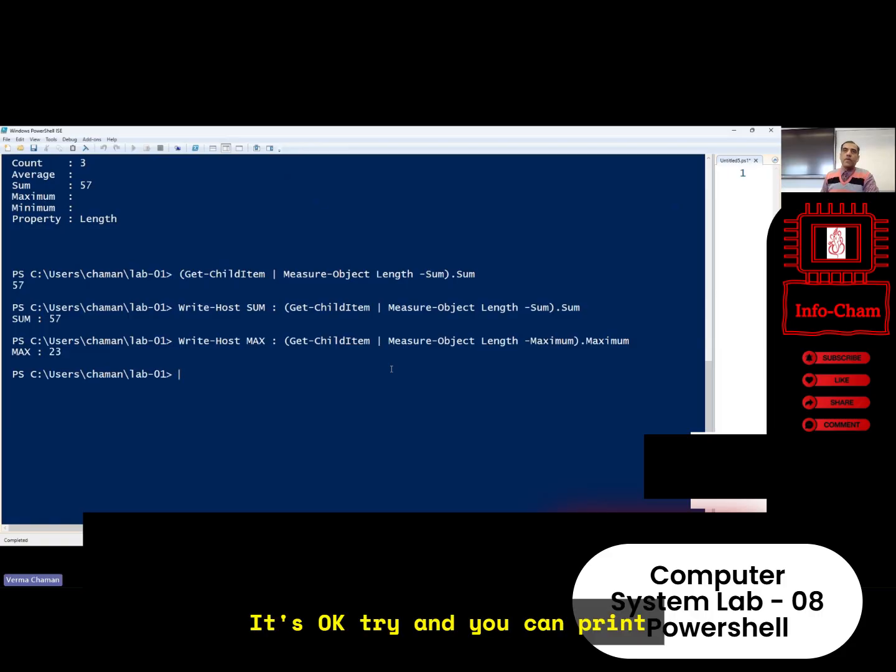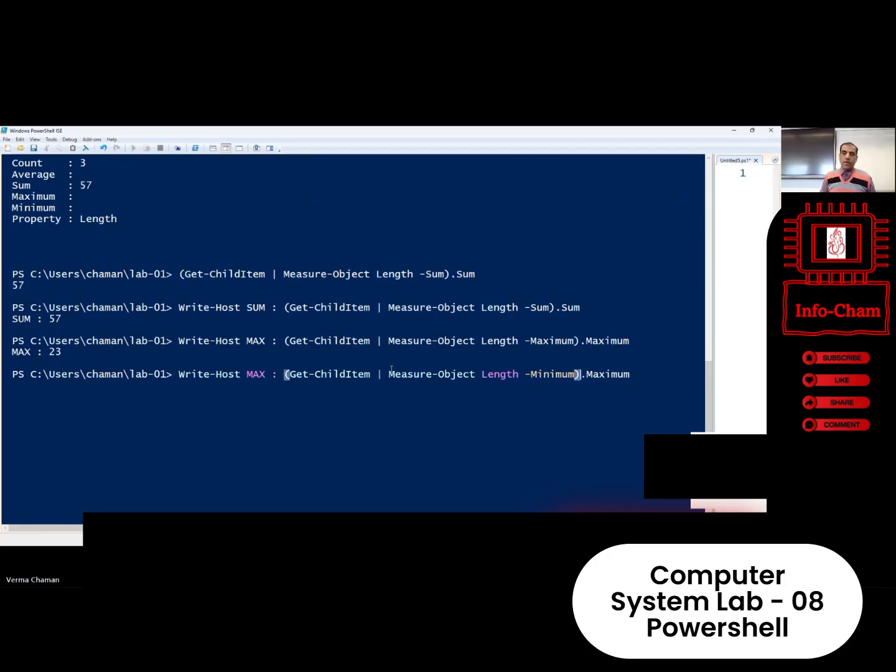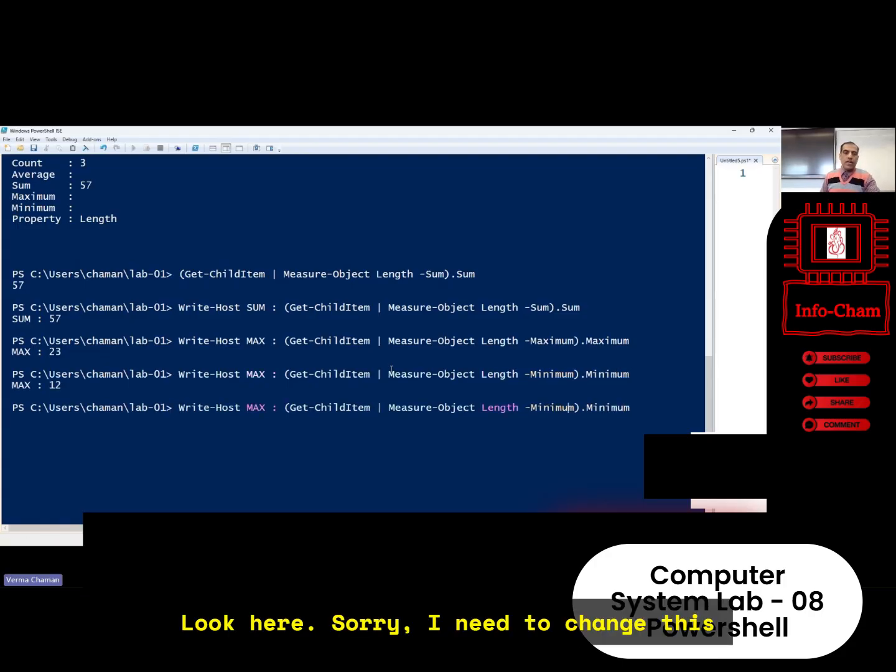It's okay. Try. And you can print the bytes as well if you want. So try to do the minimum. It should be 0. Try minimum. What should we do here? Minimum. Look here. Sorry, I need to change this constant value. Min